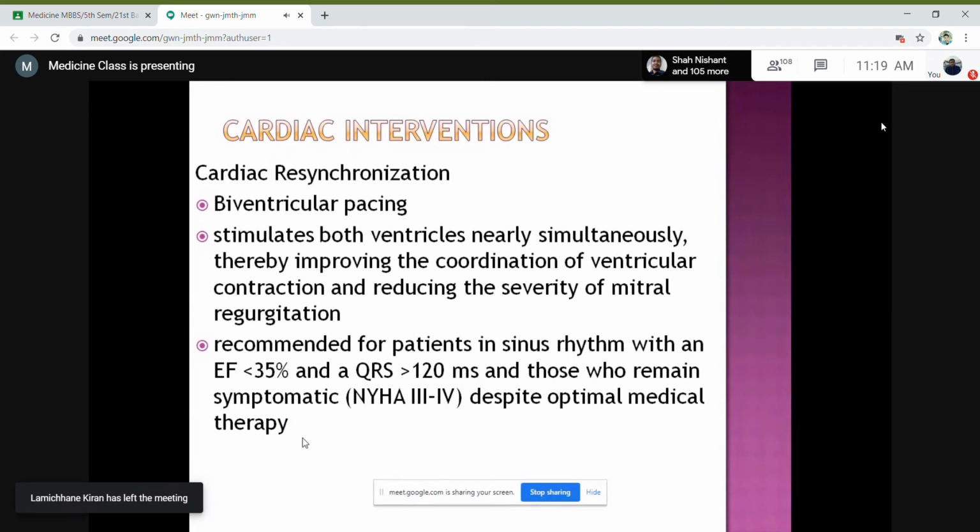The other cardiac intervention that can be done is cardiac resynchronization therapy, where biventricular pacing will be done, which stimulates both the ventricles nearly simultaneously, which improves the coordination of the ventricular contraction, reducing the severity of mitral regurgitation. Okay, so it is generally recommended for patients in sinus rhythm with ejection fraction of less than 35% and QRS complex of more than 120 milliseconds for those who have symptomatic heart failure despite optimal medical therapy. Okay, so this was regarding